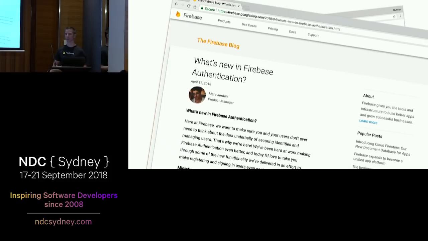And one of the problems we had is you would log in and then you'd get the user back into the site and then would have to make another request back to Firebase to get all of the rules for that person because there was no claim system. So they went, oh, let's just fix it and write a claim system. So now what happens